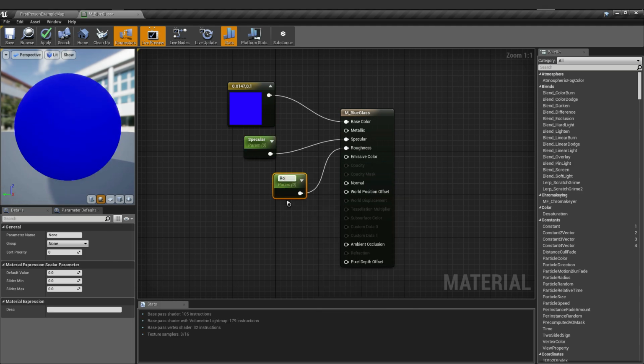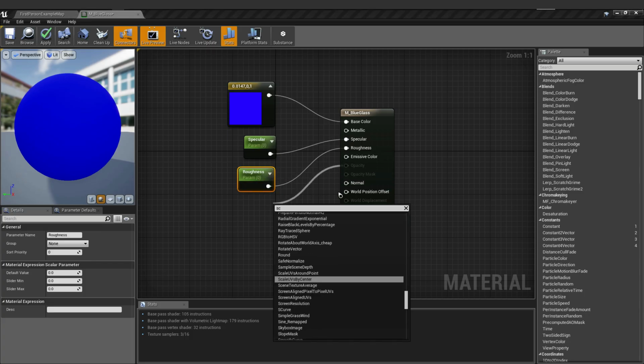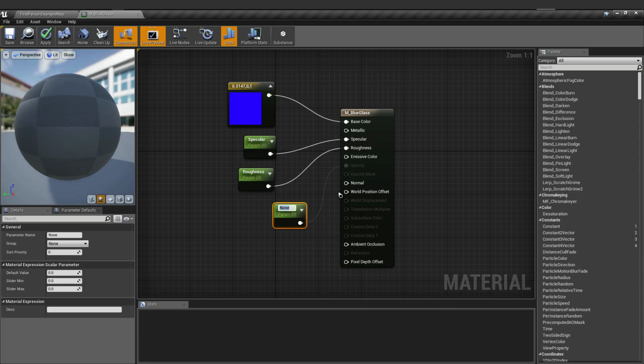Let's name this roughness. Next one is the opacity. Let's add another scalar, then name this opacity.